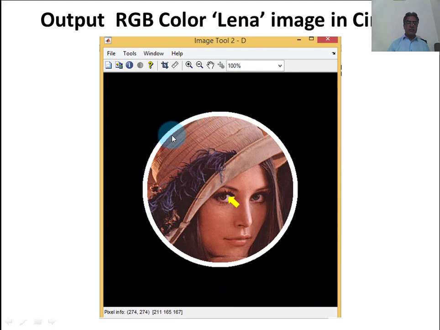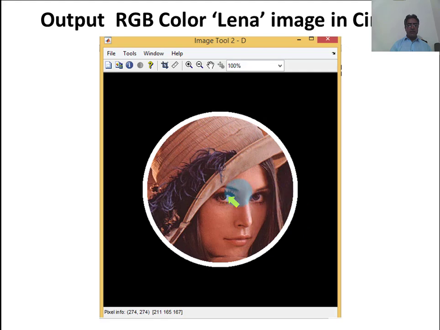We have changed this circle's pixel values to white pixels, and we have changed the surrounding area to black, that is 0, while on the inner side of this circle we have left the values. We have not changed the original image values, so they look as they are. Only the face is visible, other body parts are not visible.